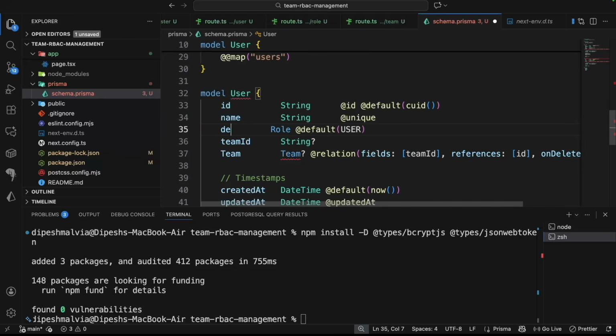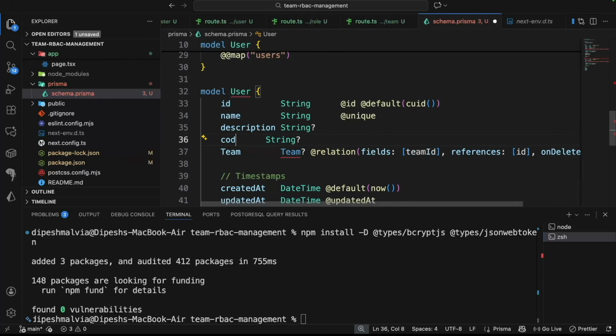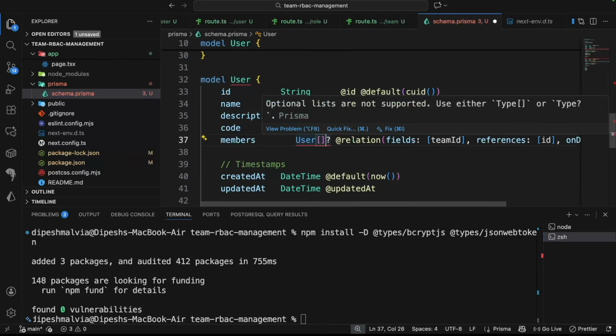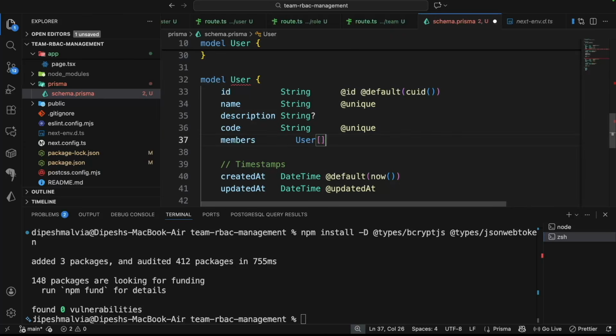Then we are going to have the description on the team, so I will have the description here, and this description will be of type string. So let me change this to string, and this will be optional, so it can have a value and it can also not have a value. We're going to have the code for a team, which will be a string, and this code is going to be a unique value, so I'm going to have the unique. Then we are going to have the members, and the members will be the user array. So we are going to have the user array, and then we can just remove this relationship. So I will remove it, and we will have it here. And let's change this to a team